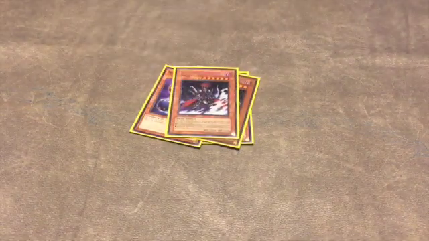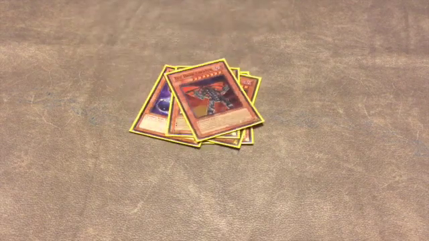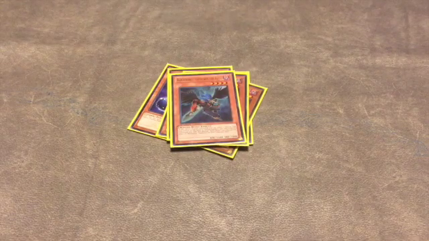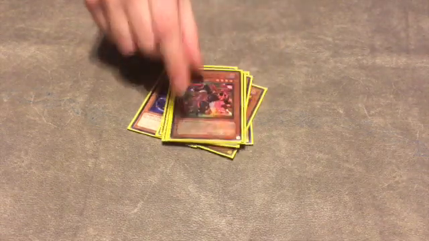We have Gorz the Emissary of Darkness, very powerful card in cube, just can win games by itself. The Dark Creator, Dark Samurai, Zephyros, really broken at bouncing all your continuous spells and traps, reusing them. Curry Bandit, we have Prometheus, this guy can get really big. Strike Ninja,